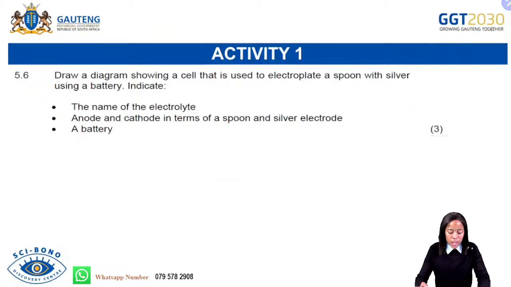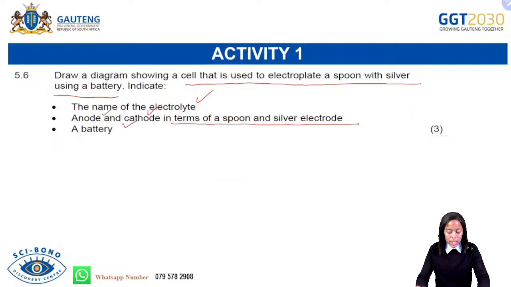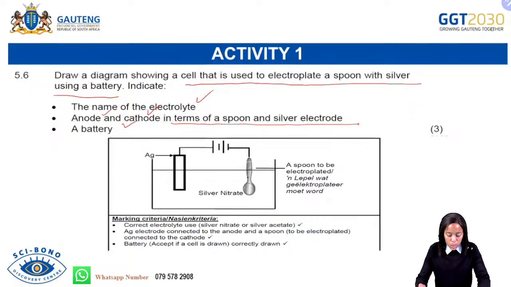Then it says 5.6, draw a diagram showing a cell that is used to electroplate a spoon with silver, using a battery, and then you need to indicate the following. You need to indicate the name of the electrolyte. You need to indicate the anode, the cathode in terms of the spoon and the silver electrode, as well as indicating the battery there. Okay. So this will then represent your